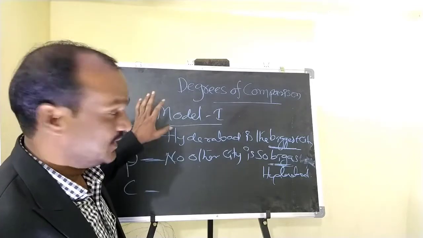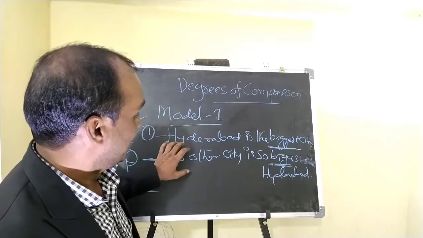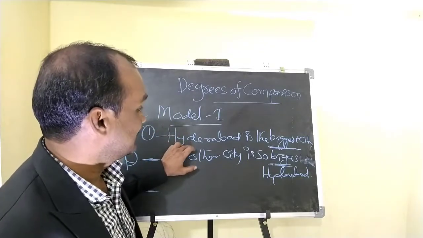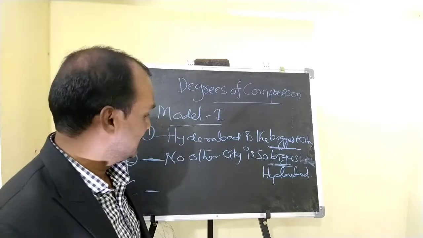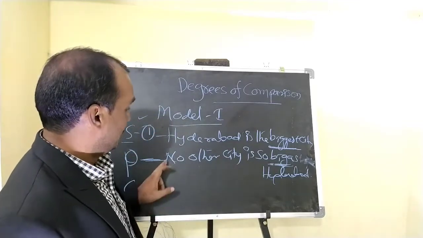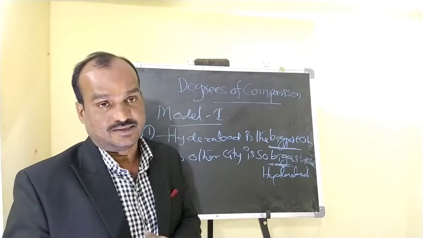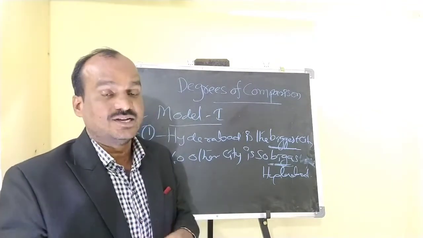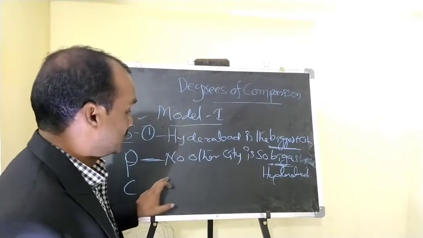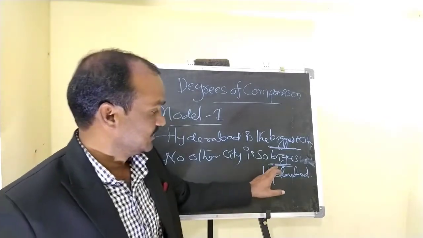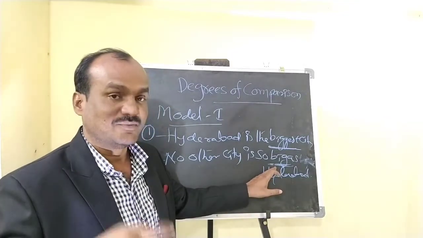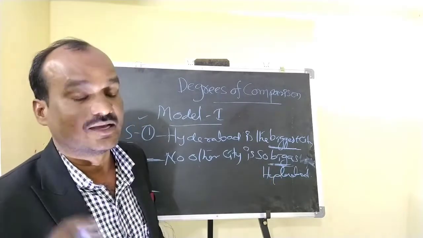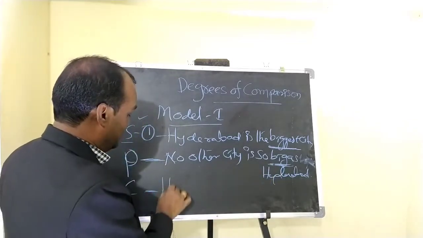This is model 1. In model 1, if the sentence given is like this, Hyderabad is the biggest city, you can take other sentences also. No other city is so big as Hyderabad. Both sentences give you a similar meaning. Next, comparative degree: the adjective form should be bigger. So Hyderabad is